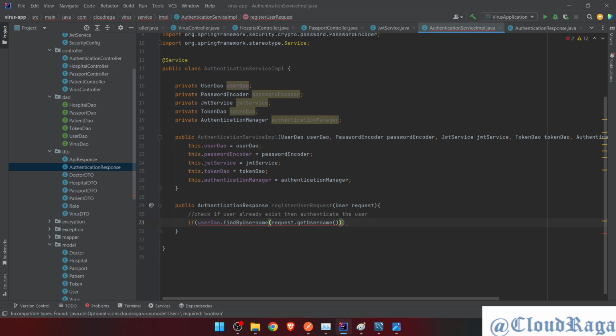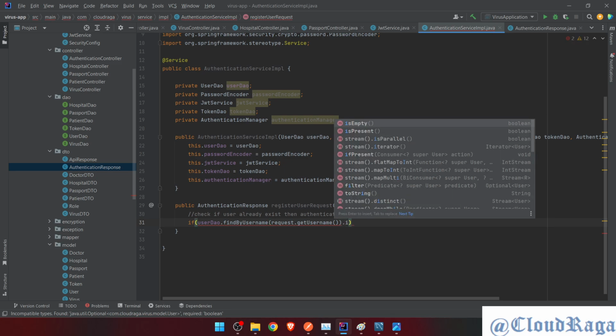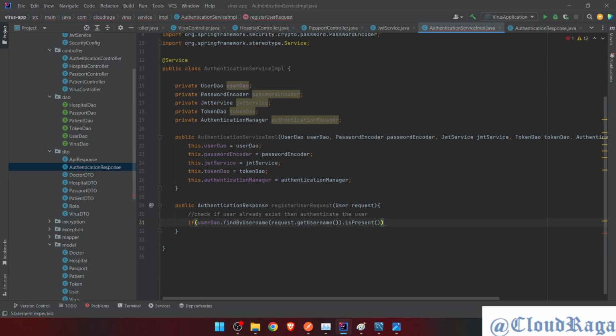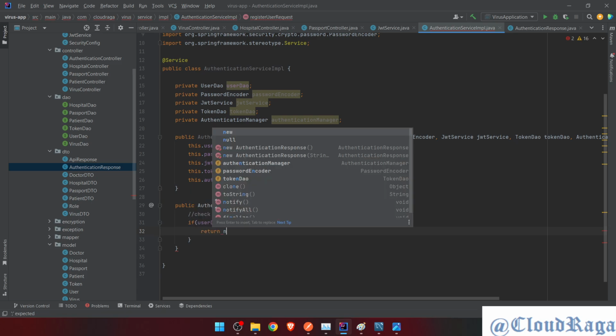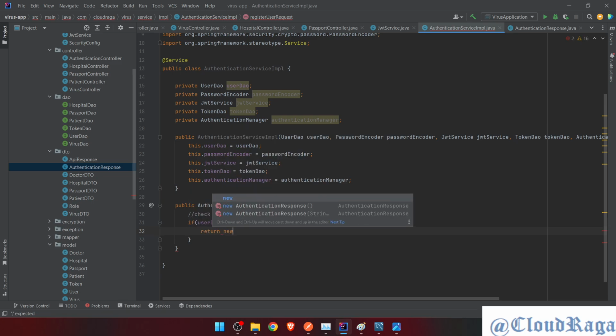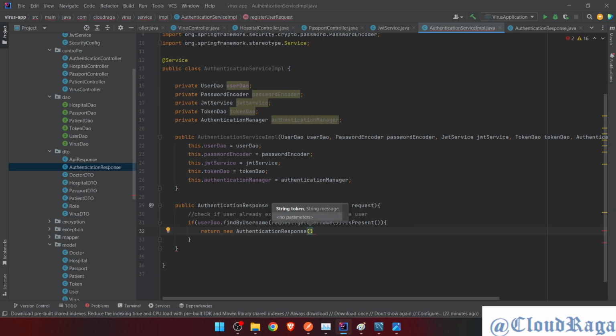If present, we go inside it, and if it happens, we return a new authentication response. This one takes two arguments, and here, because the user is already logged in, we don't need to return the token. You can simply say null, without quotes, and a comma, and we can say